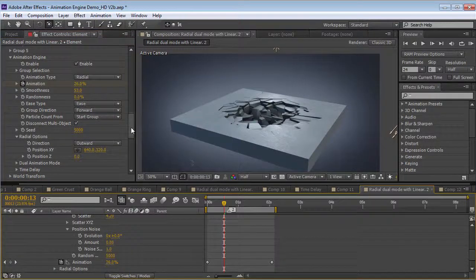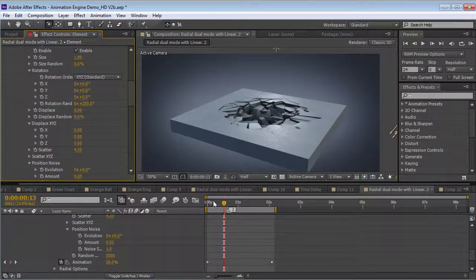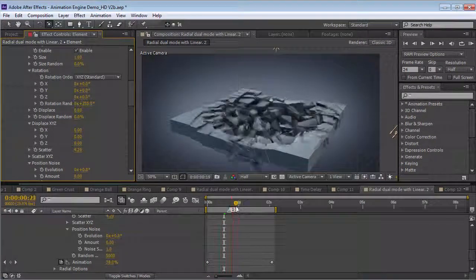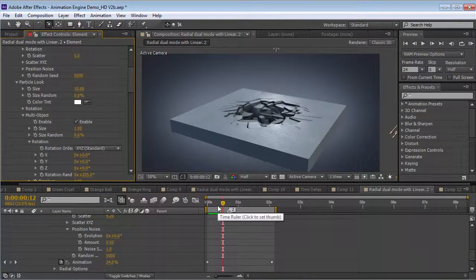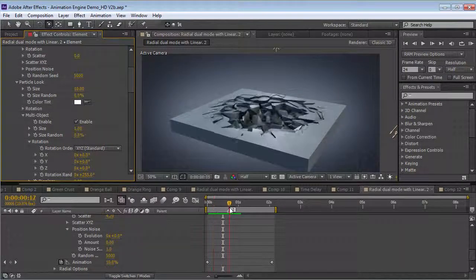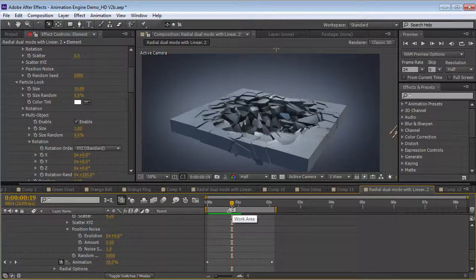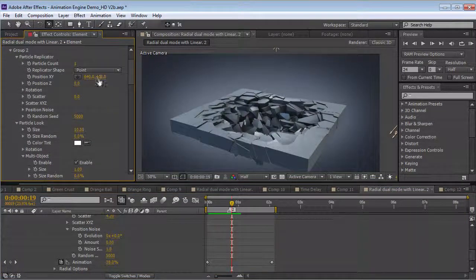And look what happens. Let me come up here. We've got ourselves almost like a destroying ground. And remember, this isn't physics. This is simply interpolation. But with a little bit of work and some clever animating, you could do some cool